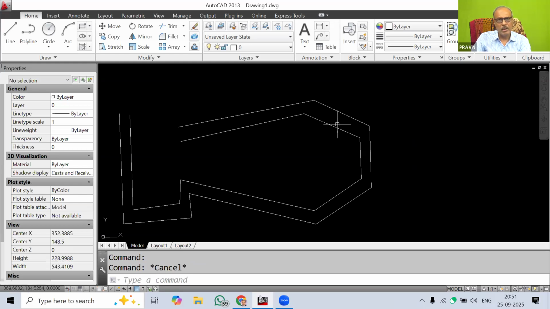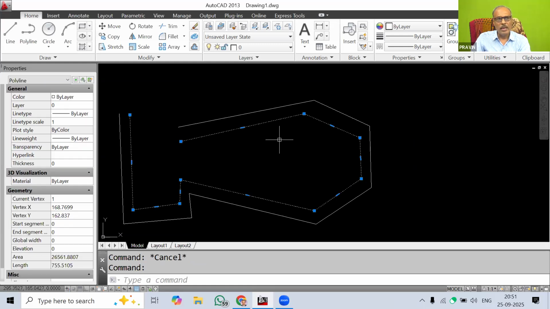But when I click here on this inside line, so when I click on this line segment, you can see that the whole line got selected. Though they appear to be separate lines, they are really one line. Here all the line segments are joining each other. Therefore this is actually called a polyline.